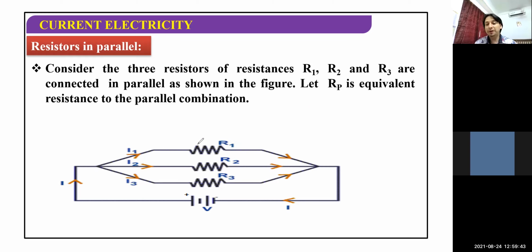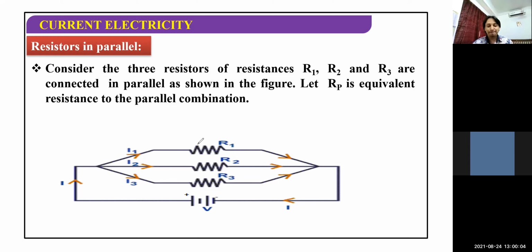So we have three resistances, and observe this diagram. This diagram is called a parallel combination. This is the diagram that I began the lesson with. You know that, children, I have drawn two diagrams, one in series, the other one in parallel. So same kind of diagram. They're parallel. One after another, the devices are parallel to each other.